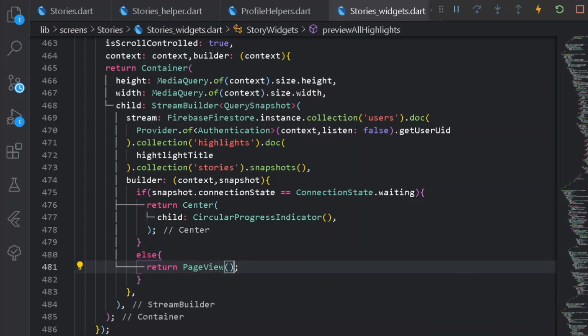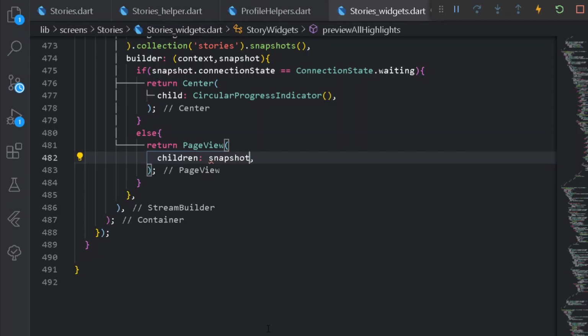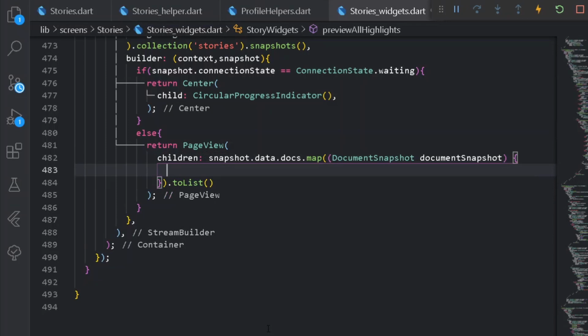So under the following page view, it will be having all of its children. So under children I can simply have snapshot dot data dot docs dot map, and under mapping let's have a to list form. So here under this mapping I can have a document snapshot. Cool. So let's remove the E from here. So after removing the following E, I can simply say return me a container.